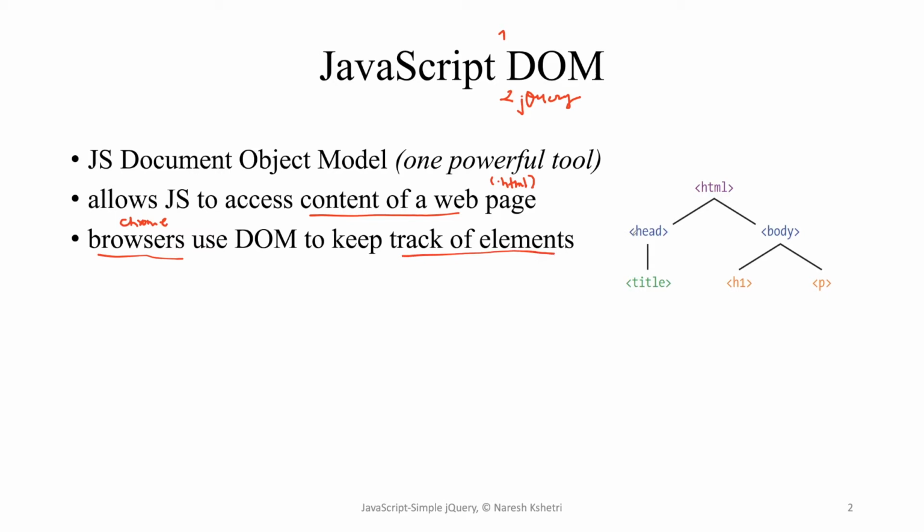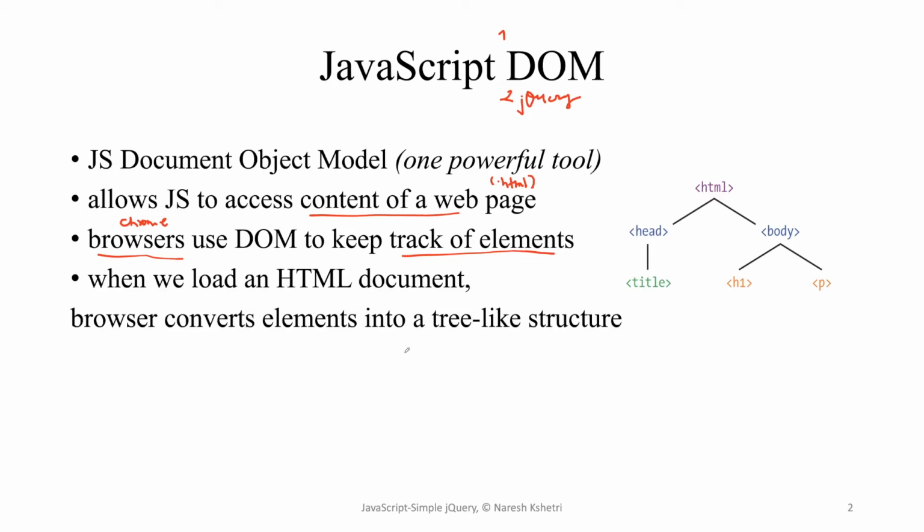Elements can be head, title, body, heading one, paragraph. These all are elements. So when we load our HTML documents, our browsers automatically convert the elements into a tree-like structure. Although it's a tree-like structure, what exactly does it mean? Everything is tag based inside the HTML,